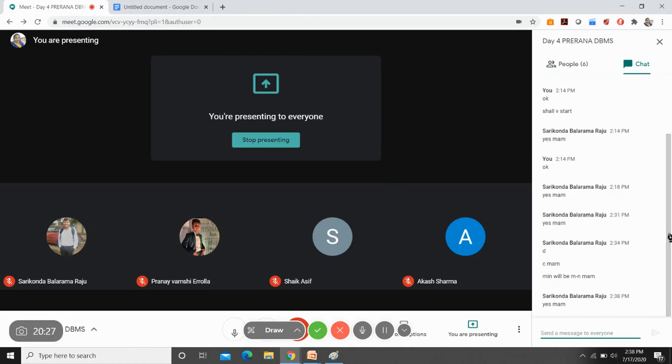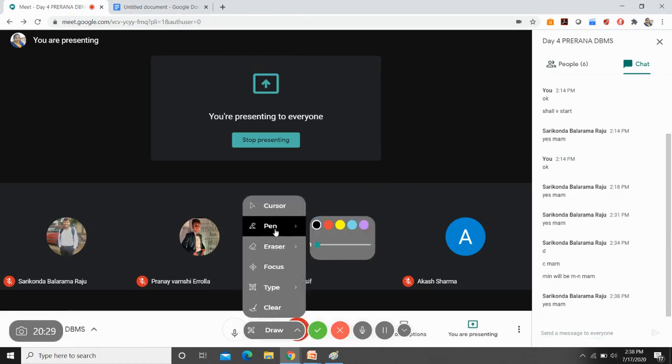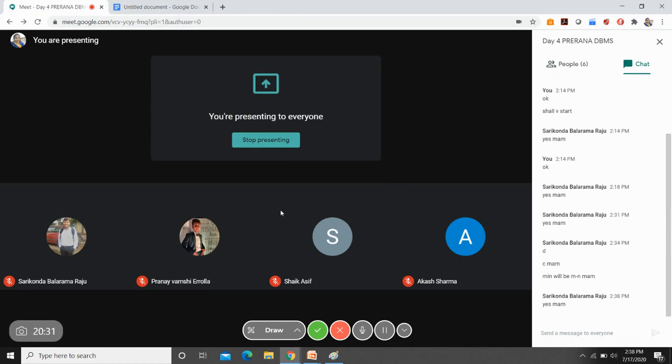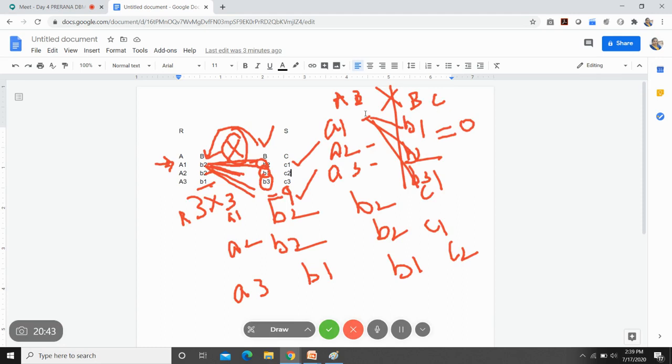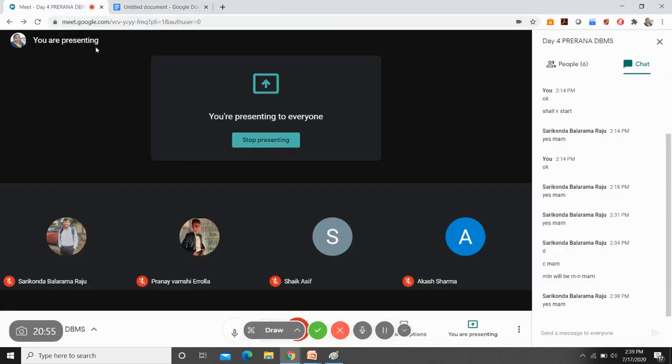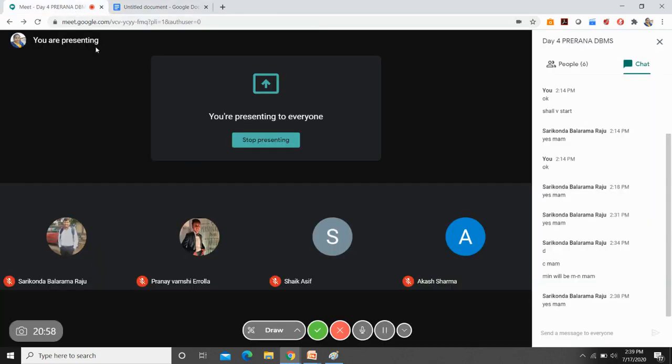Maximum you can have m into n, the maximum number of elements in the first relation mapped to all the elements in the second relation. If one of the relations has null values, as in the example that I have taken here, if there are null values in the first table, then you will not have any result in the resultant set. That is the reason why you will have mn and 0. It is not m minus n. Is that okay, Balram? Shall we proceed?